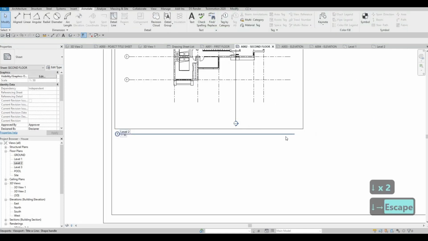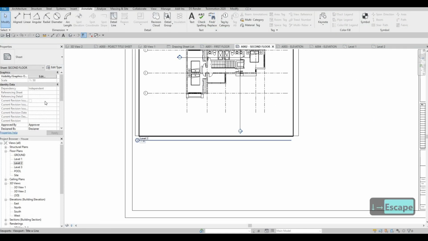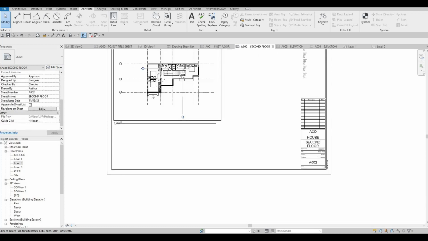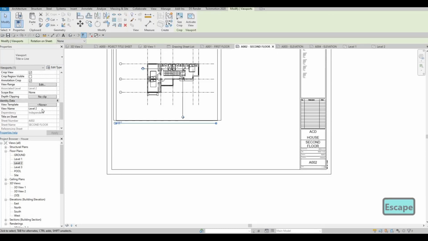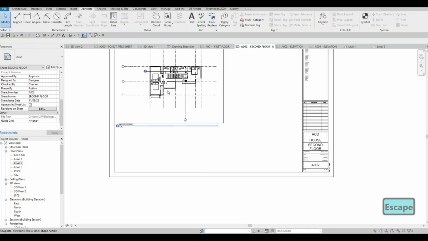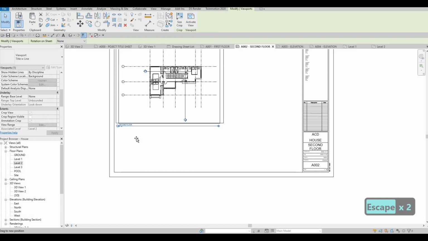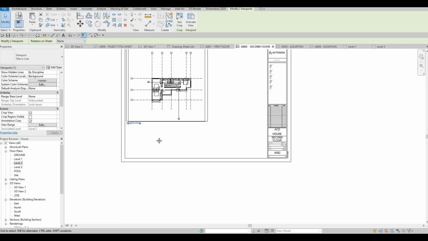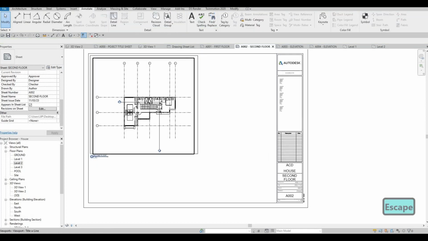And the way you edit this one, but before we do that, we need to change the name here. I don't want second level 2, I want second floor. Click right here on the side and then click apply. And then for you to edit this, you need to press Escape first, select the view, and then you'll be able to grab this line. After that,